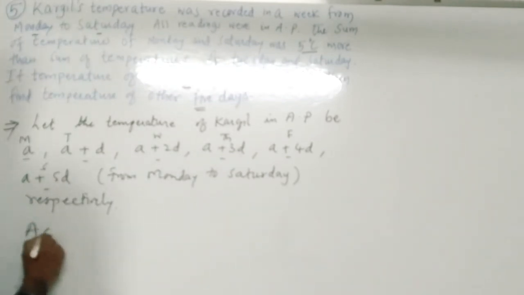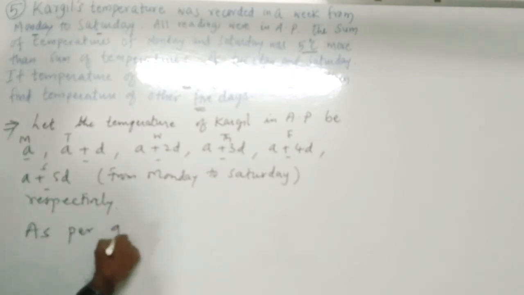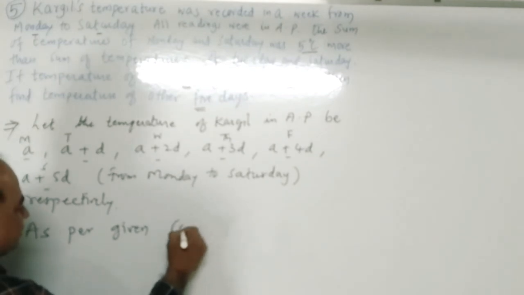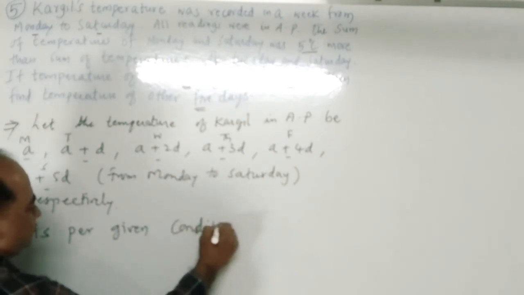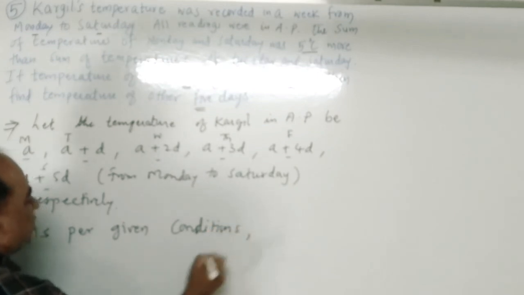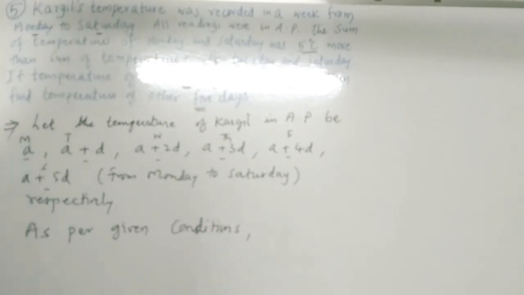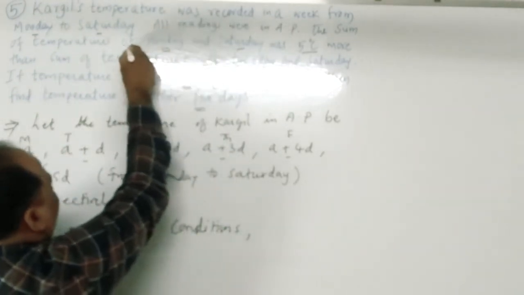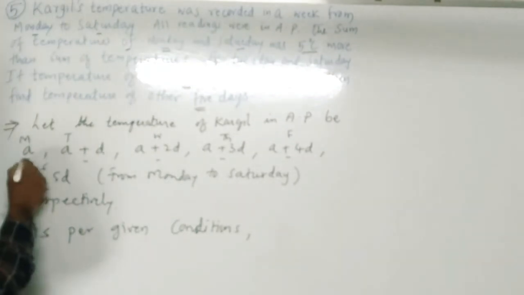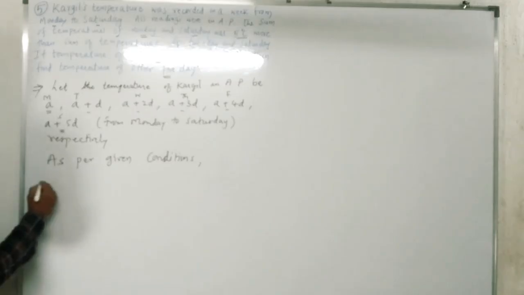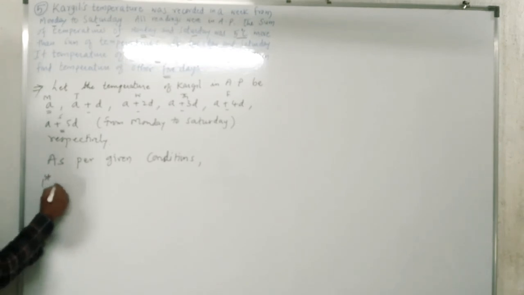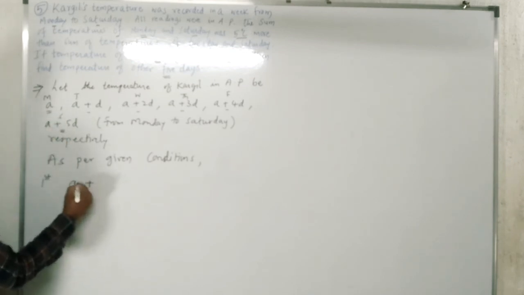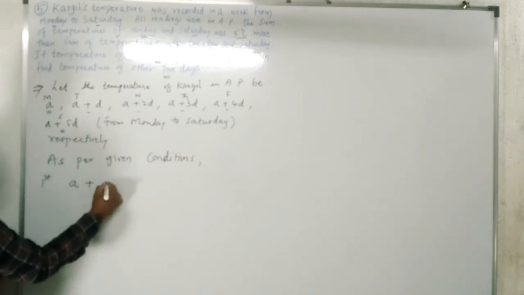Now, as per given condition, first condition: sum of temperature of Monday and Saturday, that is Monday A plus 5D